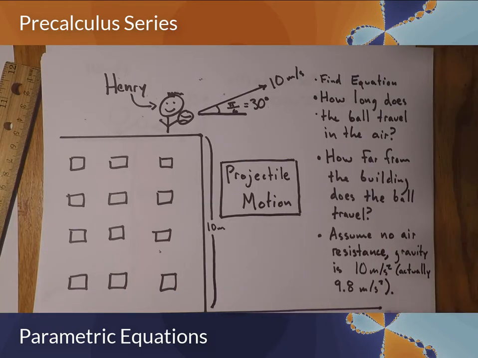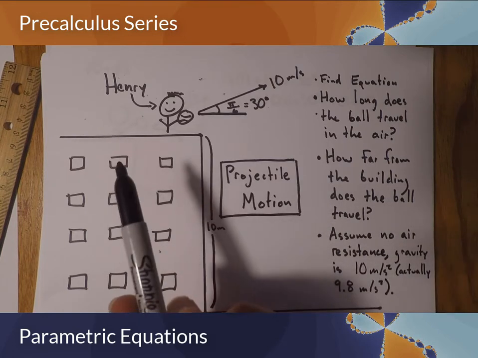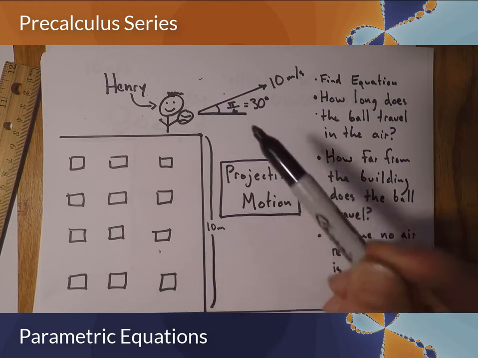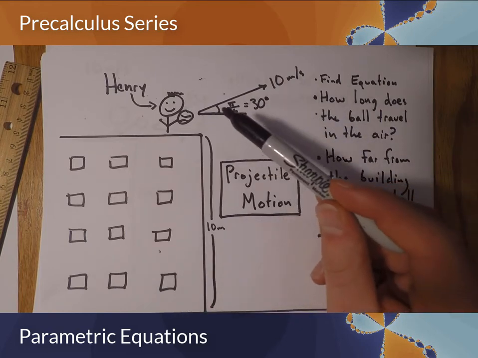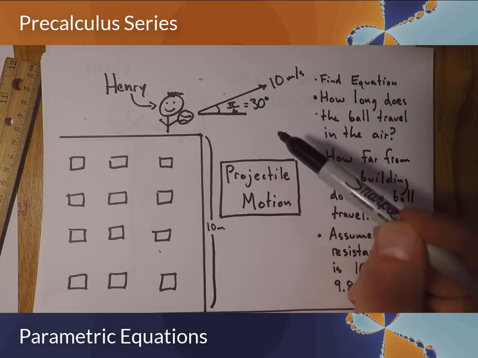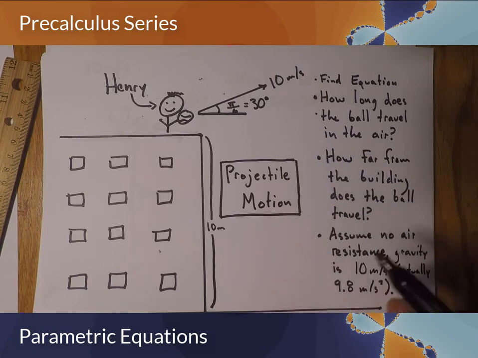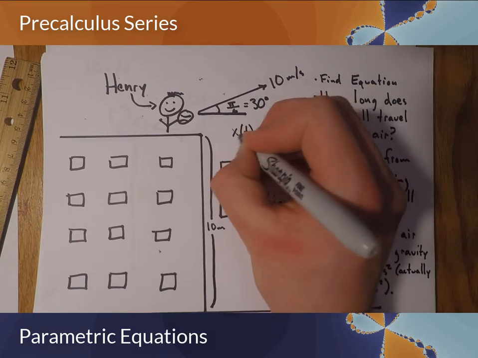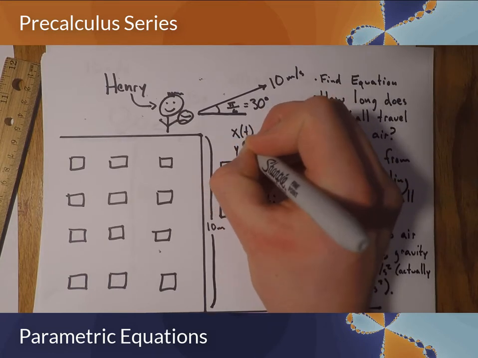So one application of parametric equations is projectile motion, in which you have a guy here, his name's Henry, and he decides to chuck a baseball off a 10-meter building at 10 meters per second at an angle 30 degrees above the horizontal. And so basically what it does is it models it in the x component and the y component in terms